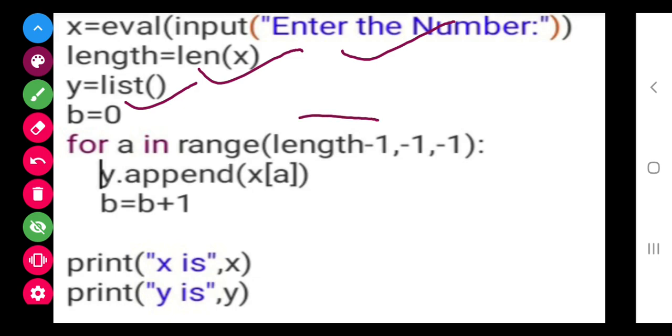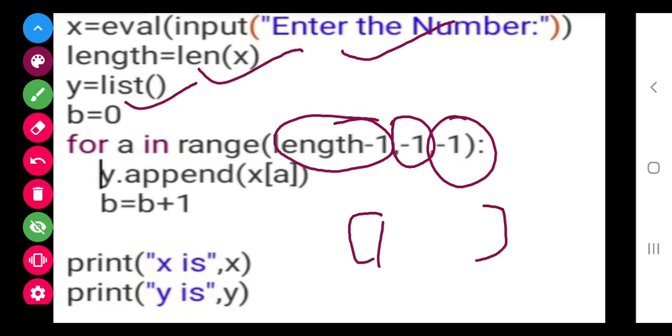Now run a for loop from the back, to the -1 position, that is from last to 0 position, with a gap of -1. Suppose this is 1, 2 and 3, the length is 3.